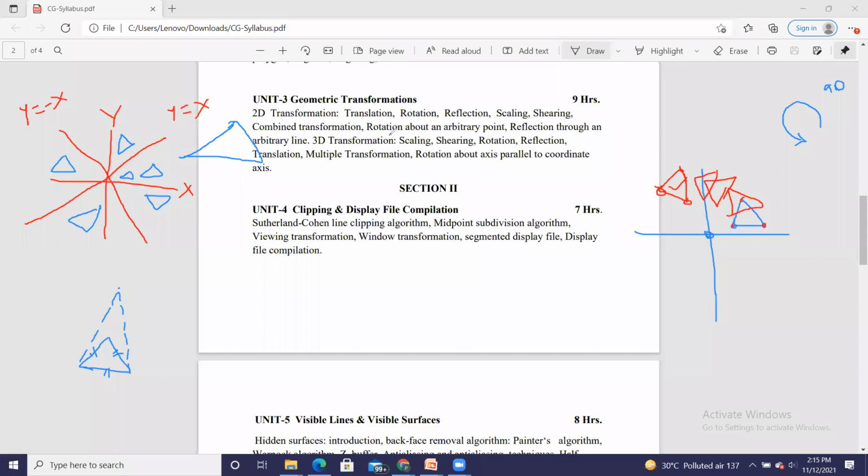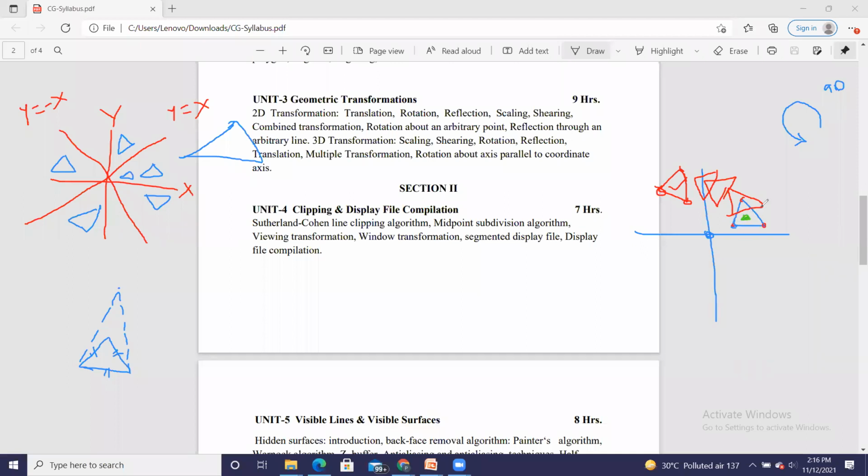So what is the meaning of this? Rotation about an arbitrary point. Here we have seen the rotation takes place with respect to the origin. With the origin as a center, we are rotating the object. But what happens if I want to rotate it with respect to this point, which is interior? How will the rotation take place?